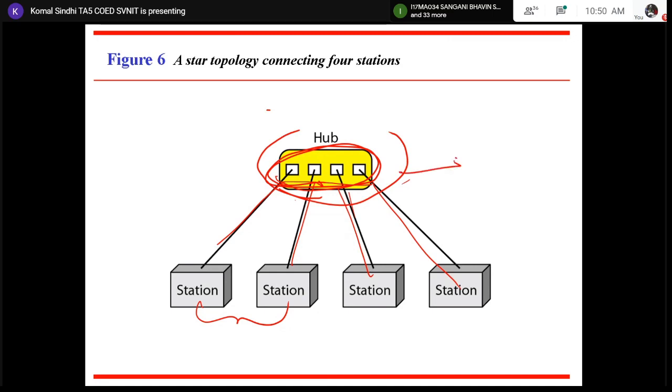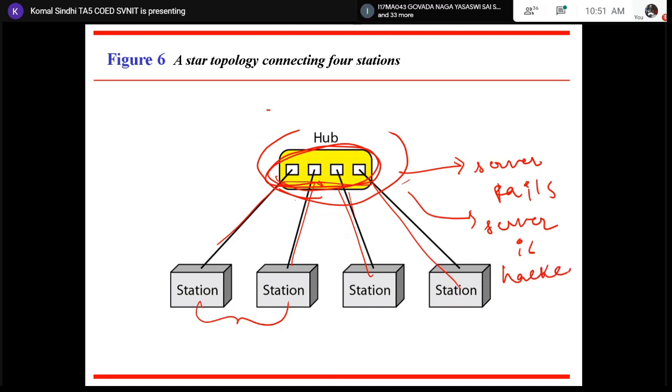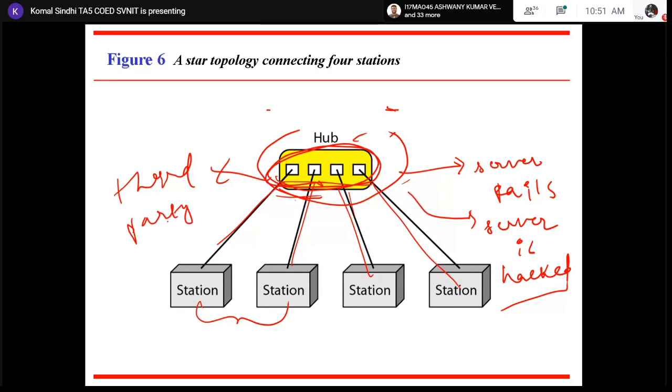Either this hub can fail, which means the server is down, or the server is hacked. So every message which any station wants to send would be available to some third party who wants to interfere or who has compromised the hub itself, right?